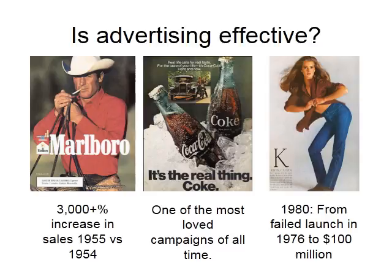I mentioned the Marlboro Man campaign a moment or two ago. When this campaign launched, as you can see in the slide, it led to a 3,000% increase in sales in a single year. Now, for the company, that was a great thing, but you might think that's a bad thing given the tremendous uptick in smoking. But that issue notwithstanding,